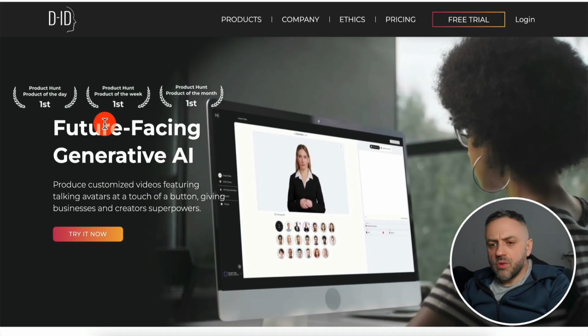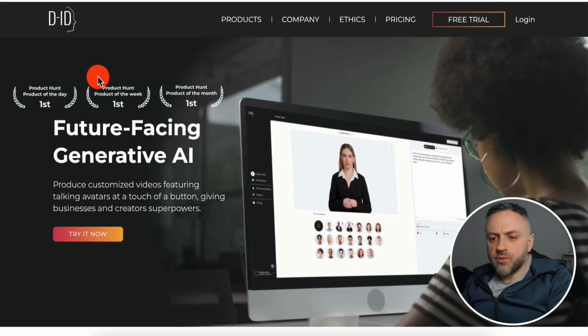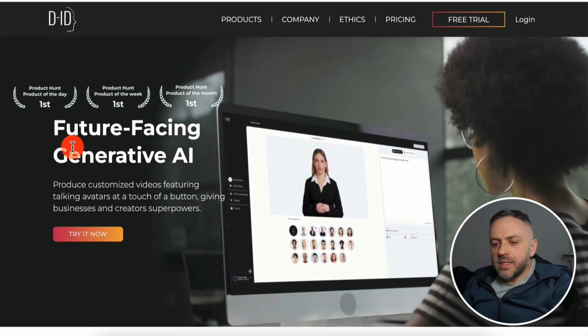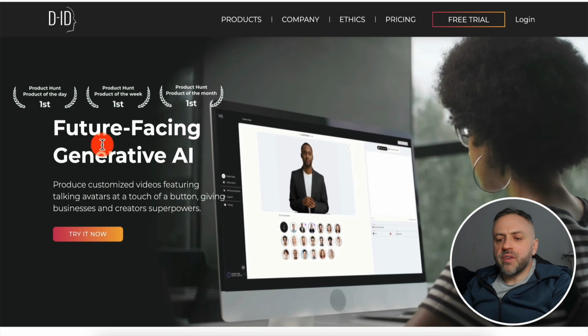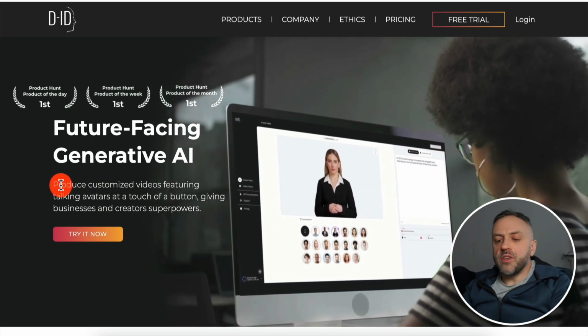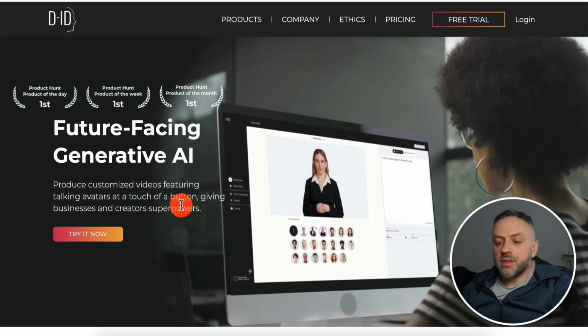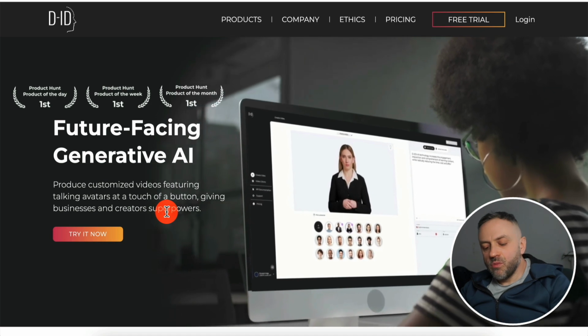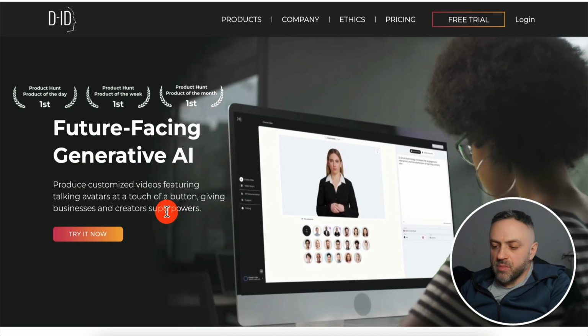Now, the next tool I want to show you is a very futuristic tool. It's called D-ID. And this is about generative AI. They allow you to produce customized videos featuring talking avatars at a touch of a button, giving you business and creative superpowers. And this is one of the more innovative tools on my list, because